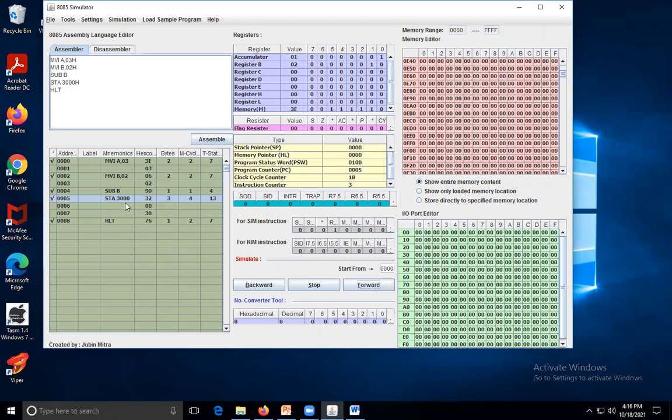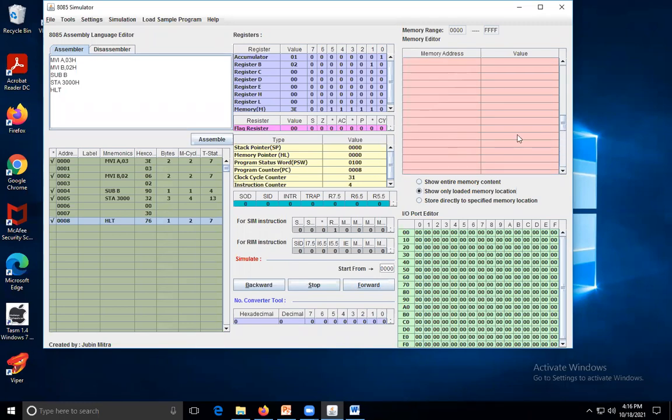Then you have to store the result at 3000, which is 1. So forward, 3000, and execution will be stopped. So here is 3000. Where you have to find 3000, you have to look here. Here at 3000 you have to store the result, which is 1. So only load the memory location. Here is 3000, it contains the value 01.